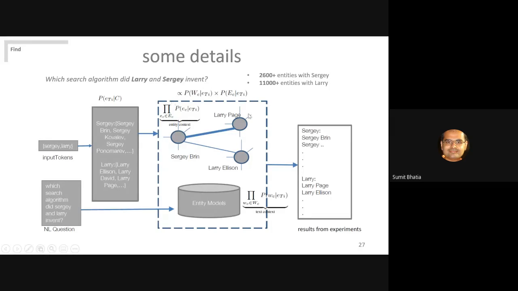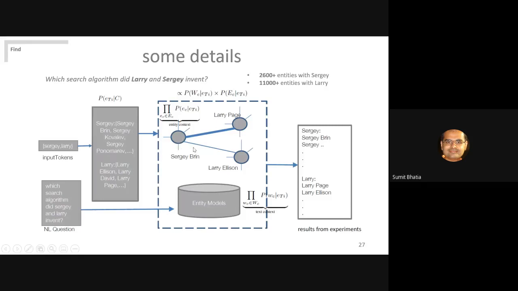Now in this middle box, which is in the dots, essentially what you are doing is computing a score, which is proportional to the strength of the connection between these pairs of entities, such that one entity is from the list of Sergey, one entity is from the list of Larry. What do I mean by that? Here, again, an example. Let's say there are two persons called Larry Page and Larry Ellison. Larry Page is the Google co-founder, Larry Ellison is the CEO of Oracle. And we have one entity called Sergey Brin.